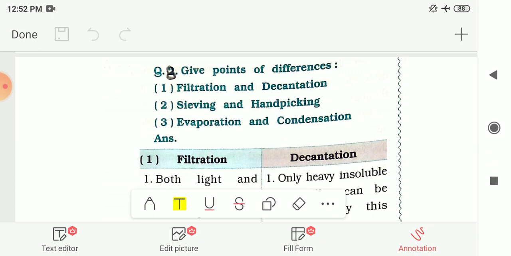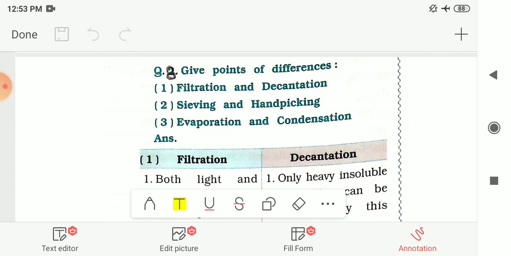Then the next topic we had seen is the saturated solution. A solution is said to be saturated if it cannot dissolve more of the dissolved substance in it at the given temperature. Then we had seen how we can make this saturated solution.